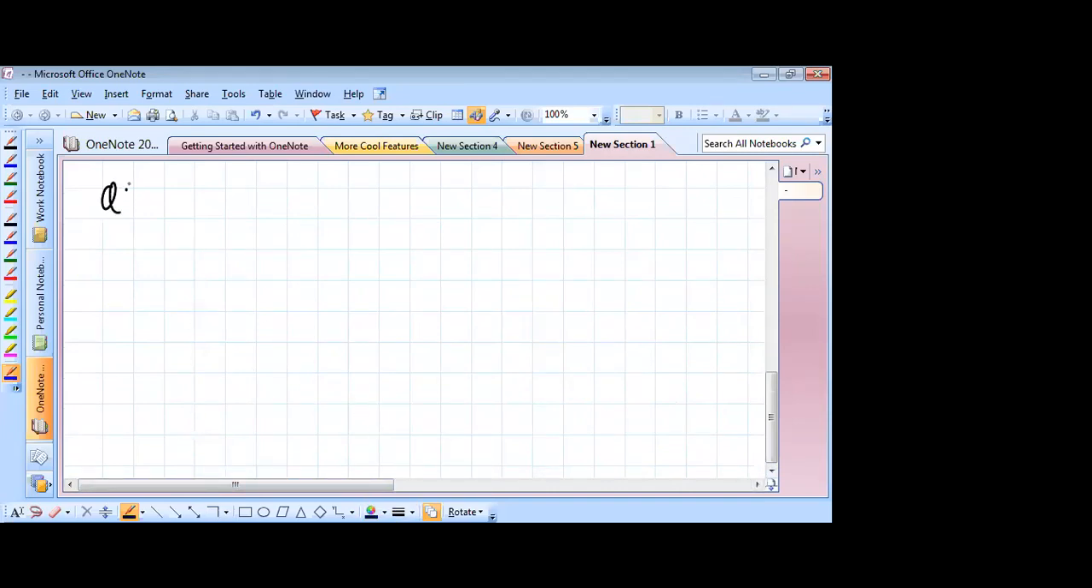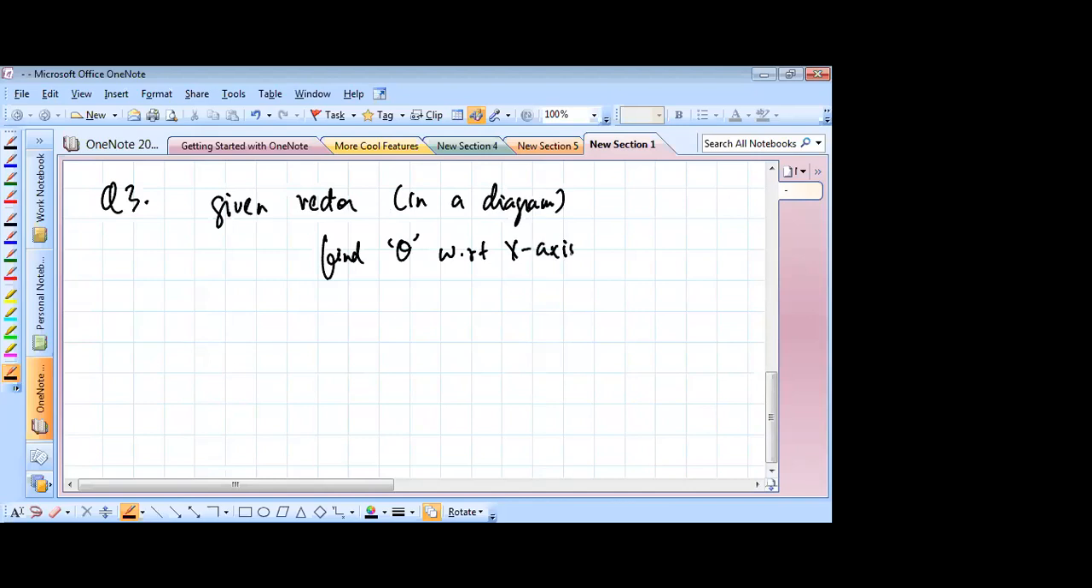So in question 3, there is a given vector in a diagram, and you have to find the angle with respect to the x-axis. So it's a pretty straightforward question. You can work it out that way. Oh, sorry. You have not to find the angle. You have to actually express the vector in component form. So that's even simpler. Okay. Express